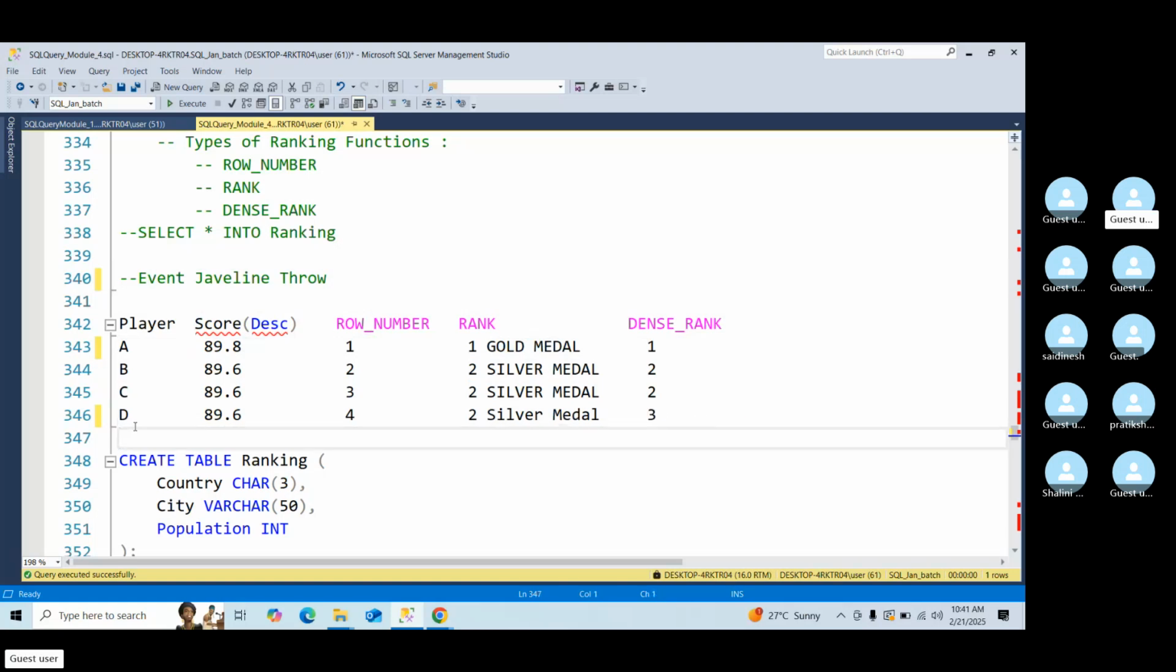And here suppose I have one more player, player E, who threw the javelin, for example, 88.5 meters. Now the row number will be 5 and the rank will be